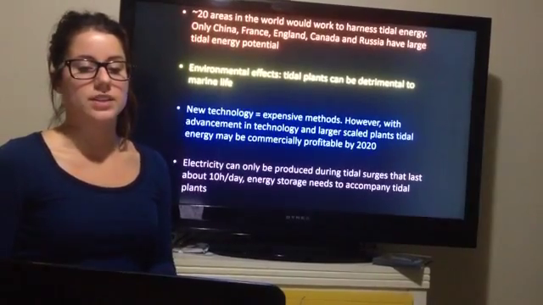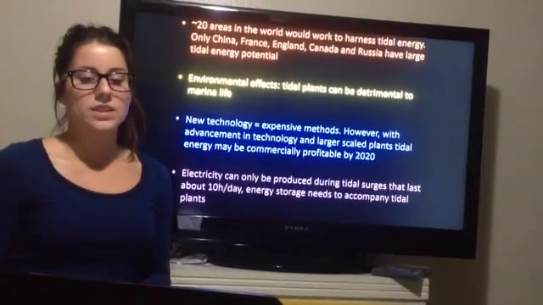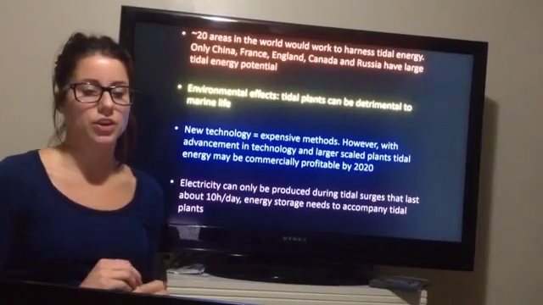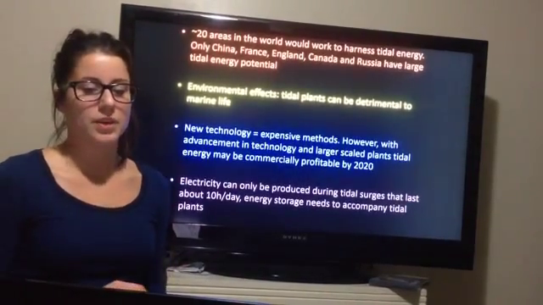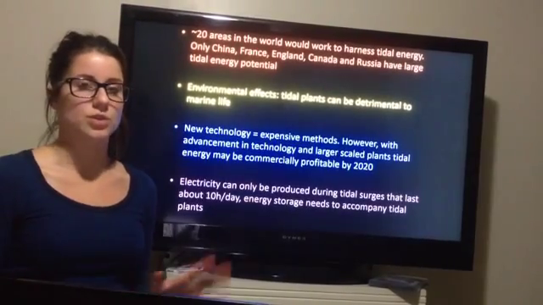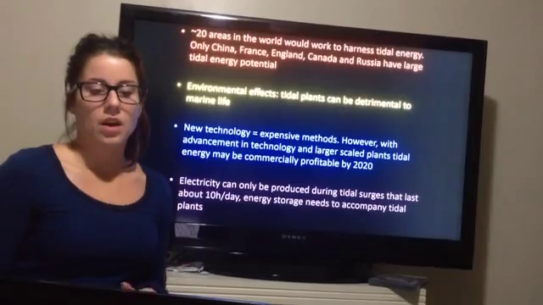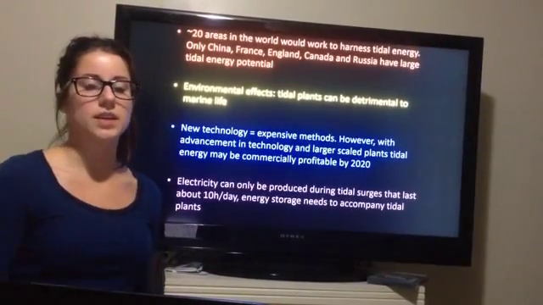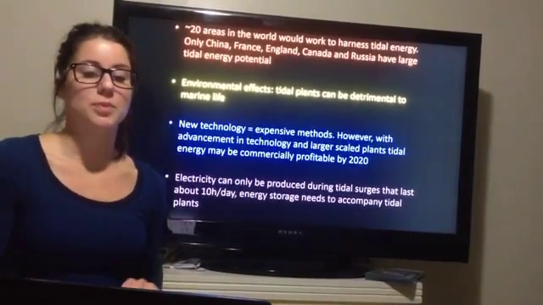Harnessing tidal power is such a new technology that methods are still expensive. One study suggested that ocean power generation could cost more than $400 per megawatt hour compared to other renewable energy resources, which are around $150 per megawatt hour. With technological advancements and larger scale plants, it is expected that tidal energy could be commercially